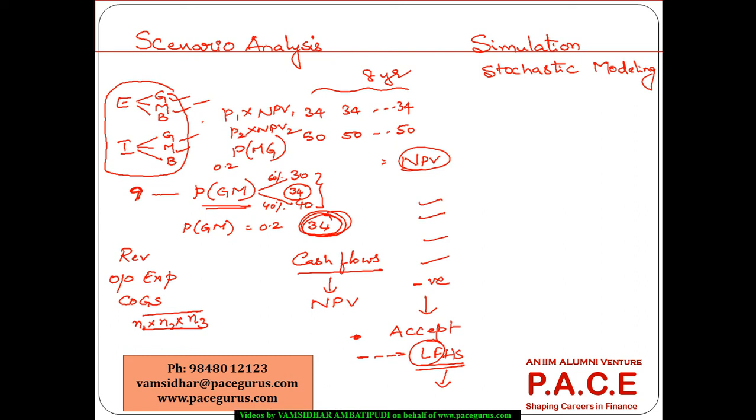So all possible combinations are looked at. Any of the unacceptable ones are evaluated more critically, and in case the NPV is very heavily negative, even if it's a low frequency event, it would be taken quite seriously,